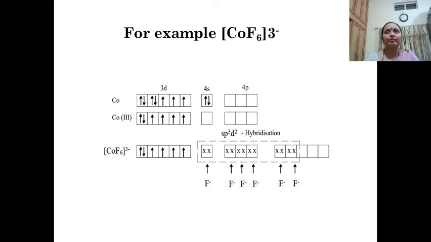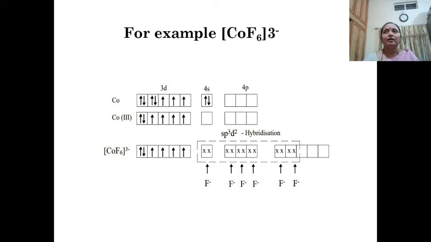cobalt(III) is going to be an inner complex wherein it is using d2sp3 hybridization. There the electrons in the d orbitals are forced to pair up, and it is not having any unpaired electron. It is going to be diamagnetic in nature, a low spin complex, whereas hexafluorocobaltate(III) is going to be